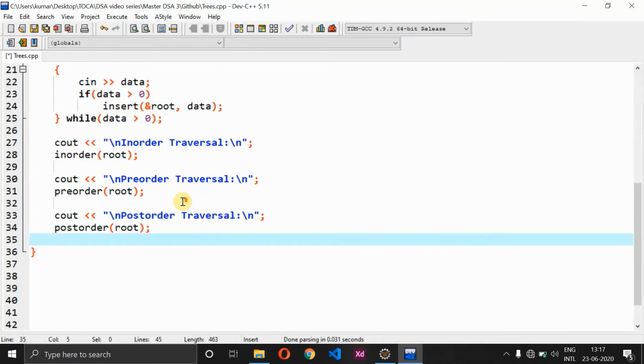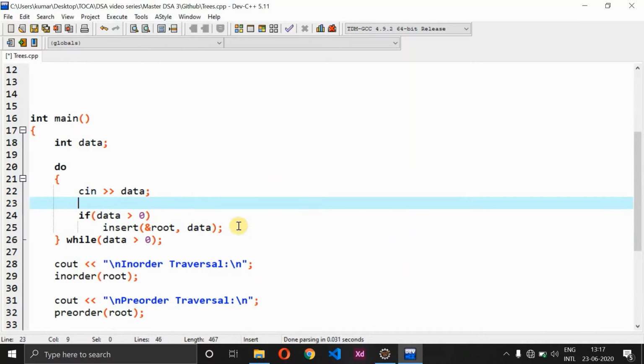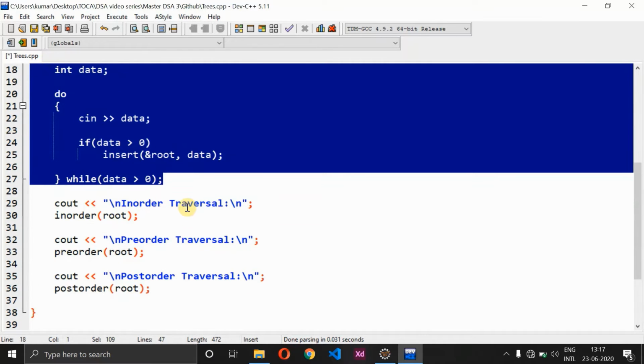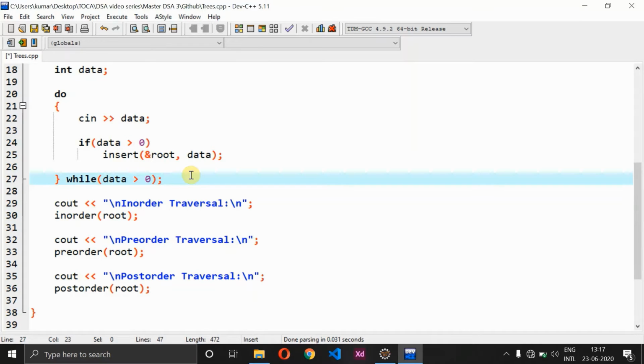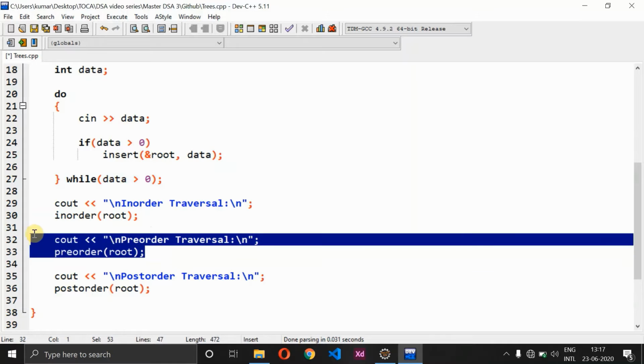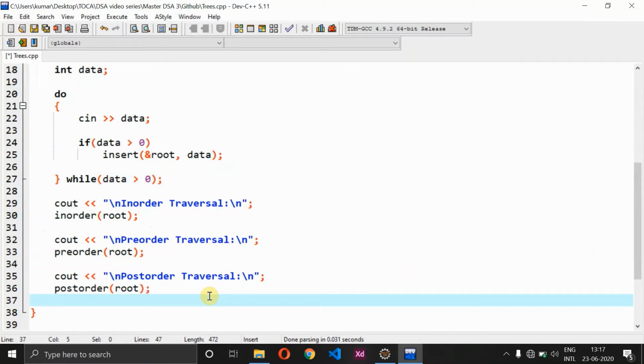So now what happens is, we just have a main function, and inside main function as usual we are receiving the data from the user, and then if data is greater than 0 we are calling that insert method, and this loop actually executes till it reaches a value less than or equal to 0. Followed by which, instead of writing directly with display method, here we are moving with three types of displays. So first is in order traversal, then automatically it will call the in order method, and it will go with pre-order traversal as well as post-order traversal. So that's all about our main function over here.